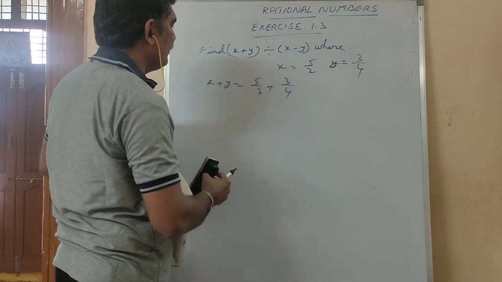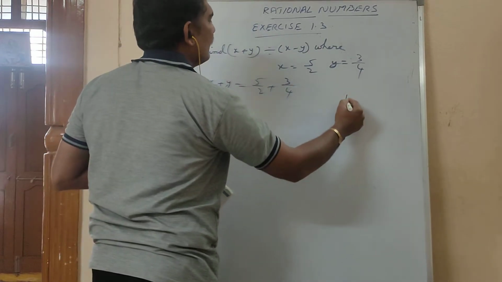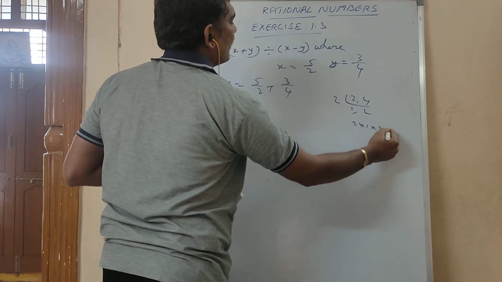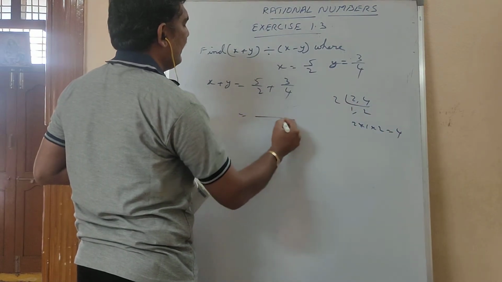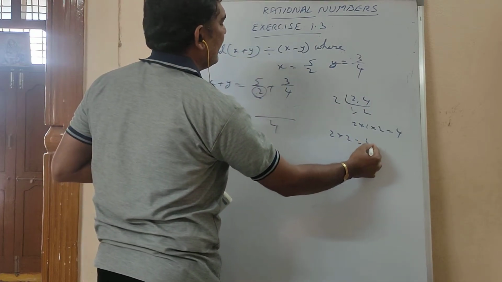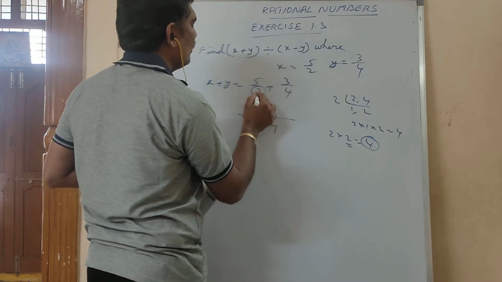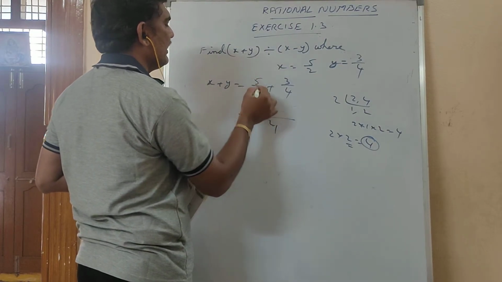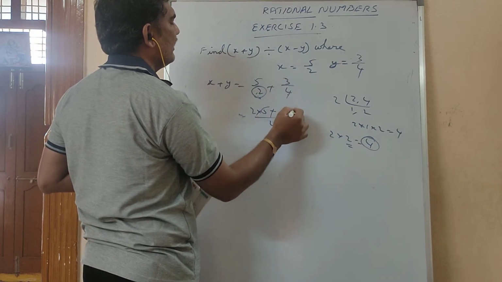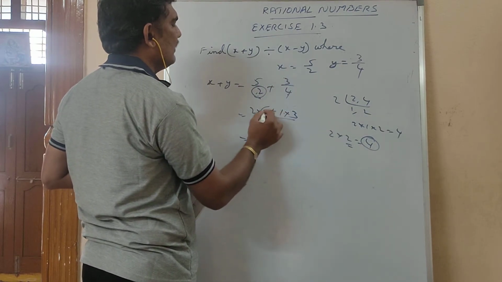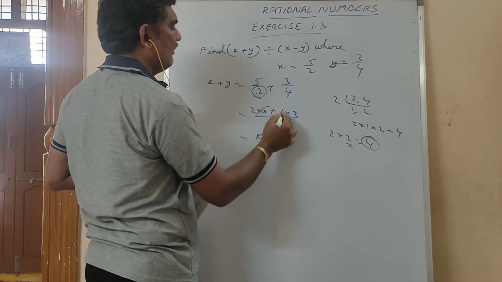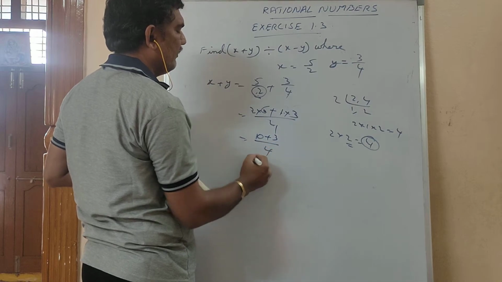Already I said to you, for 2 and 4 the LCM is 4. So I have to write 4 here. Read the 2 table up to 4. 2 how many times will go? 2 times, so the numerator is 5. 4 how many times will go? 1 time, so the numerator is 3. 5 plus 1 you should not do. Bottom rule: first multiplication I do.